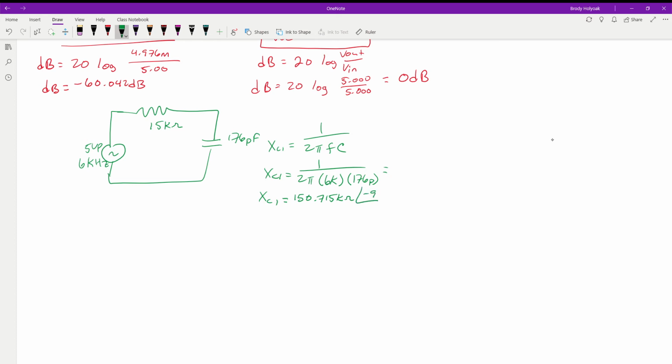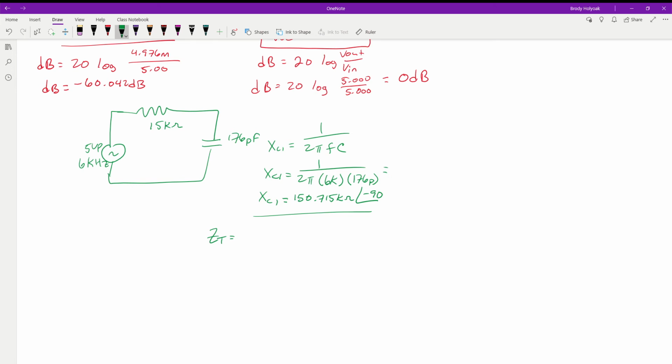at negative 90. So I'm going to do the math to find the currents so we can find the angle of those. But like I said, after that, once we look at the voltages, we don't necessarily need it. And for this example, we don't care about it. But I want you guys to be able to continue to see these angles as they change based on the frequencies. That's going to be one of the points that you guys see with the angle of the currents as we get going. All right, so now that we have that value, we have our X of C1, we need to find our Z total, the total impedance of the circuit.